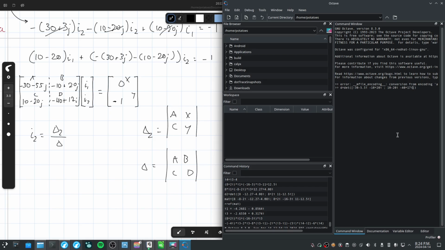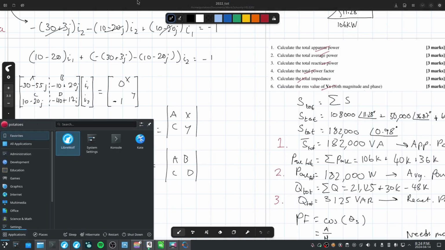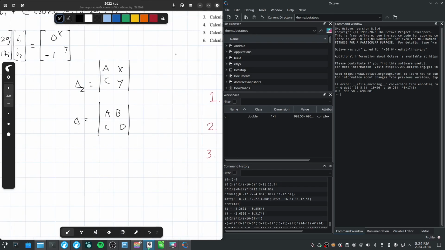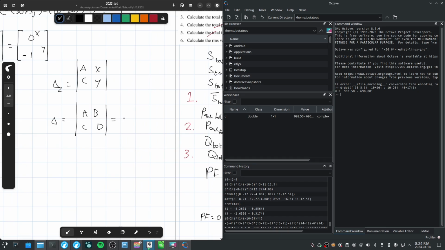Is that 17? That is 17. There you go. See, it's so easy. I don't know why you guys have trouble with this. So it's 993.50 plus or minus 690.0